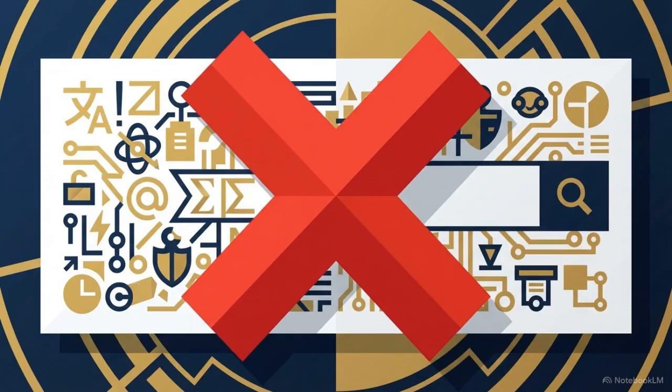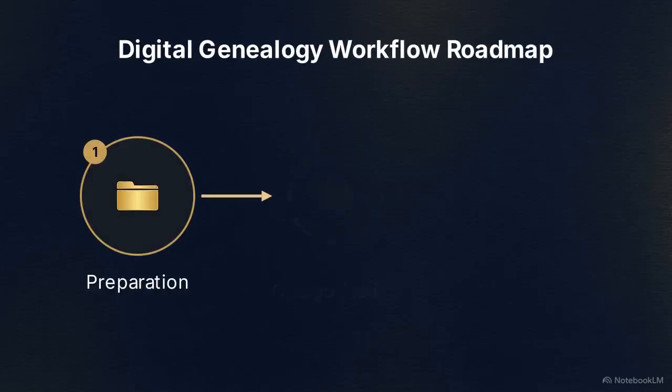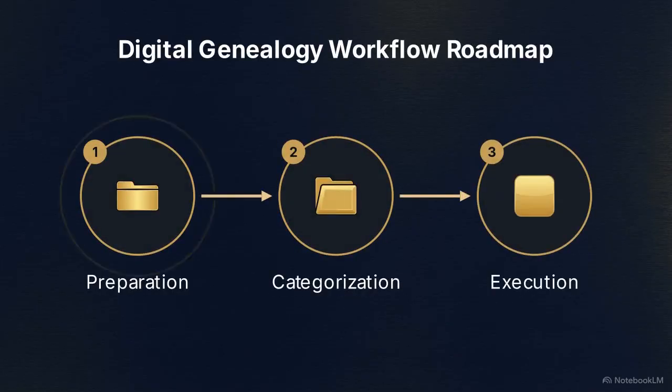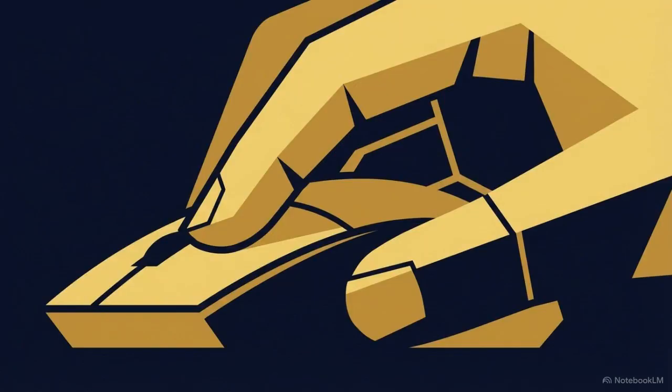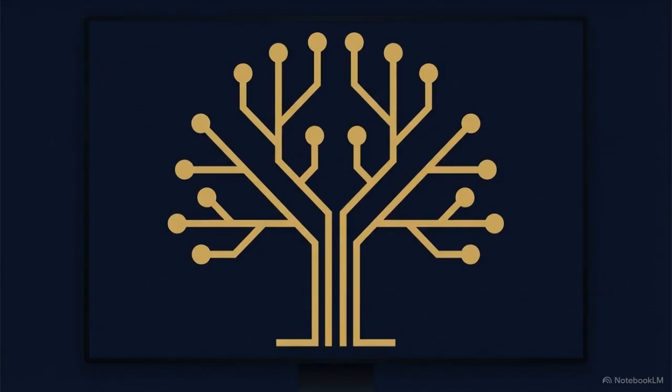Overcoming the rabbit hole requires abandoning chaotic searching and replacing it with a highly intentional, step-by-step workflow design. This detail of the framework highlights Stage 1, the researcher, and Stage 2, the analyst. Reaching these foundational stages requires the absolute removal of basic digital friction from your computer workspace. The first modification is configuring your browser's startup page to automatically launch primary databases, like RootsTech and Ancestry, the second